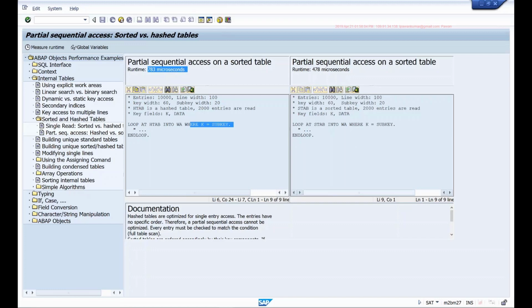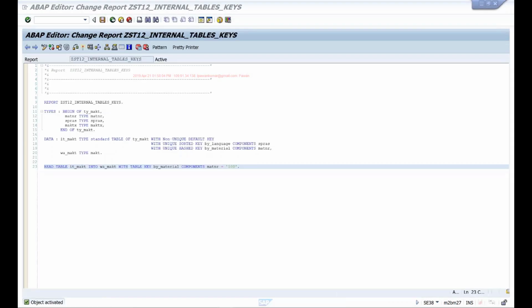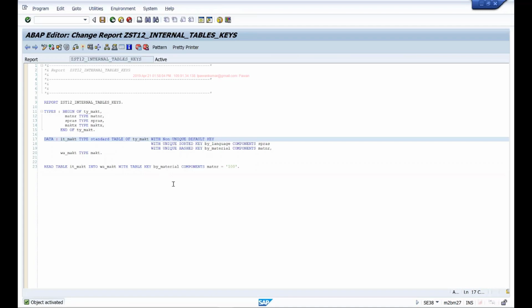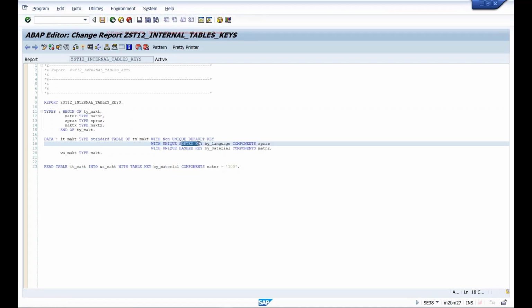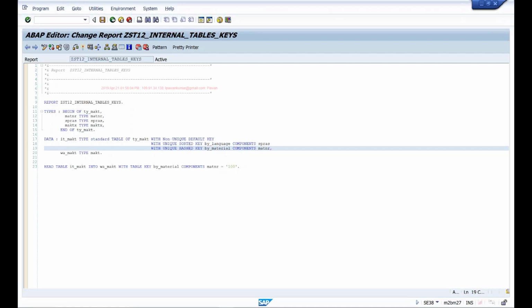But the key concept is your internal table can have something called a primary key and secondary key. The only advantage of using secondary keys is it will allow you to read the table by any field that you want while taking advantage of either binary search or the hash function. And it's not mandatory that you should always have a secondary key for your table. We only use them where we are dealing with a lot of data, and it really is affecting the performance of our system.